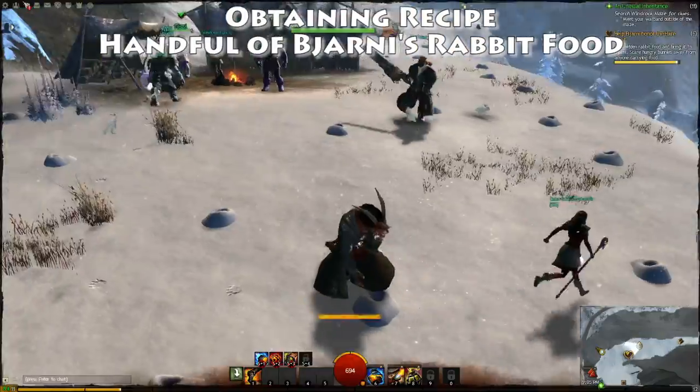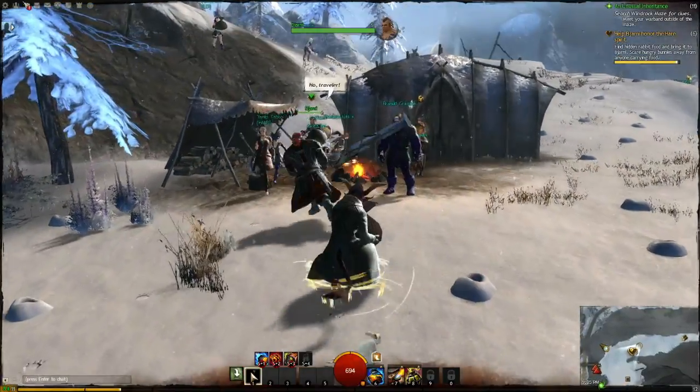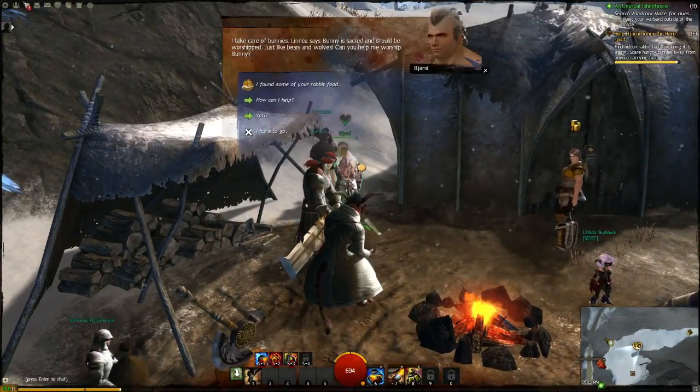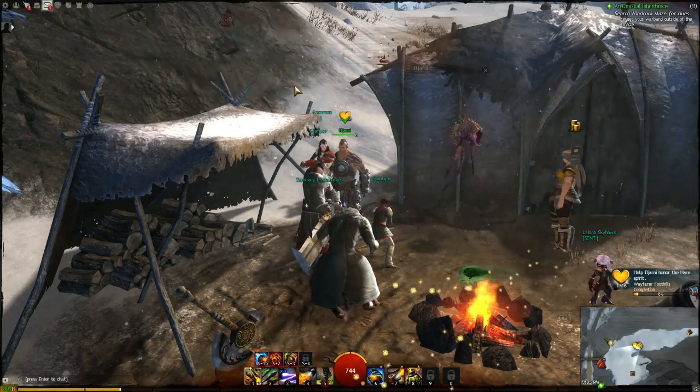And you get that from him. It's a karma reward from him. You have to actually complete the heart quest first. You can see I'm almost done with it here. I'm just collecting rabbit food for him. It's not a difficult heart to do. It's only a level 6 heart, so even if you have a low level character, you can get to it